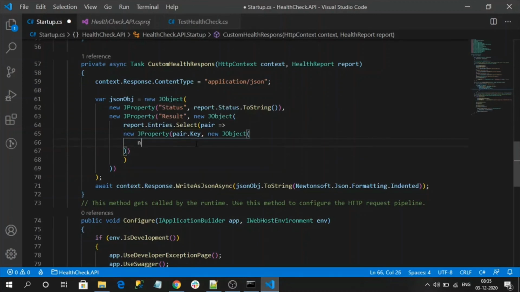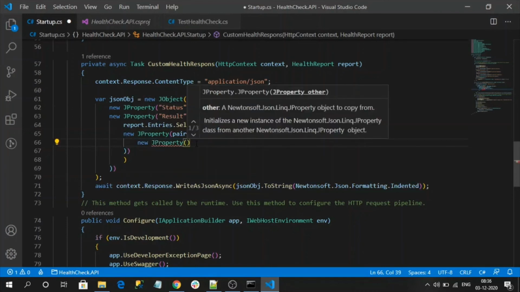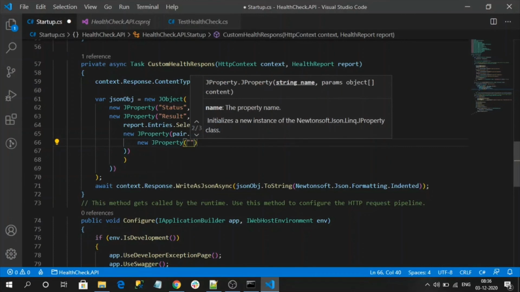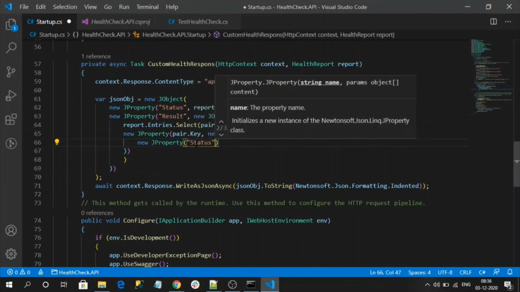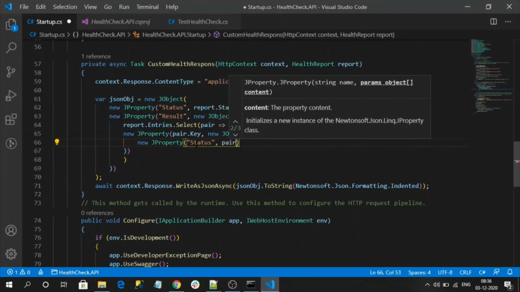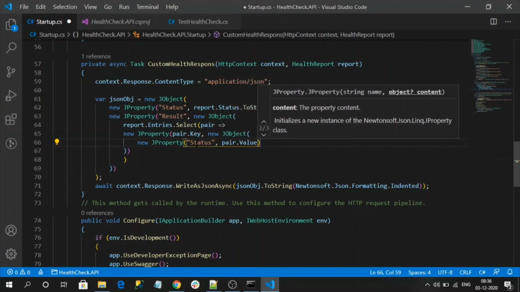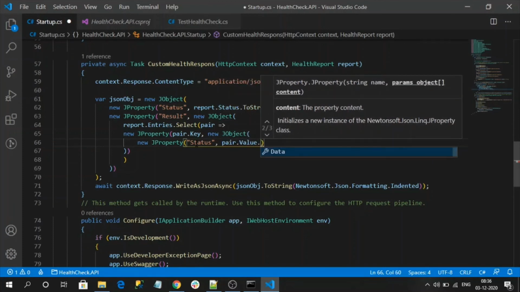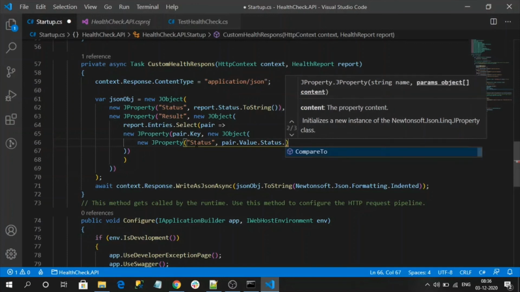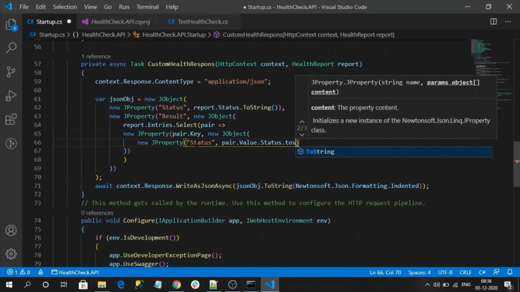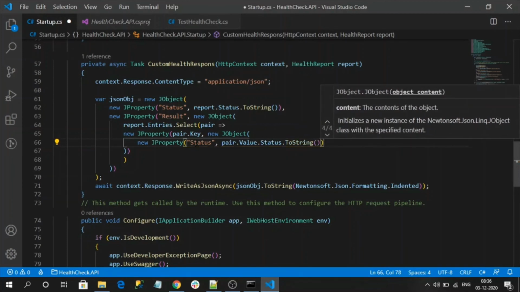So let me add a new JProperty, status. This status references the individual health check status, this one. So pair.Value gets the individual health check, and from the Value property you will get Status again. This is each individual property's status ToString. Okay, let's check this now.